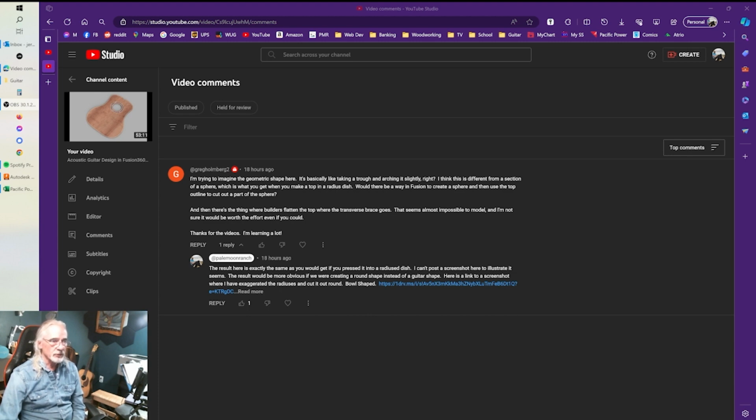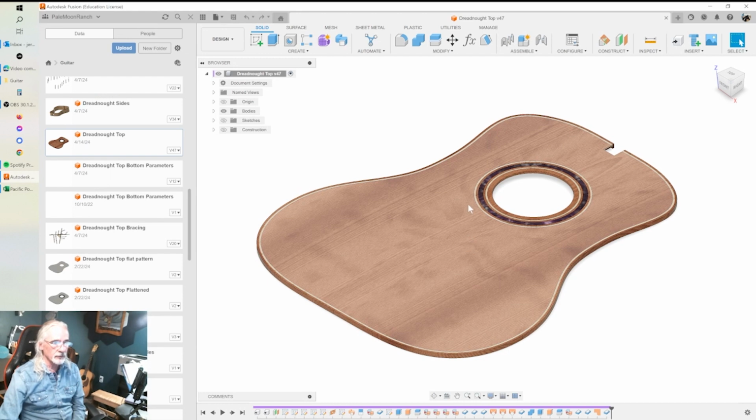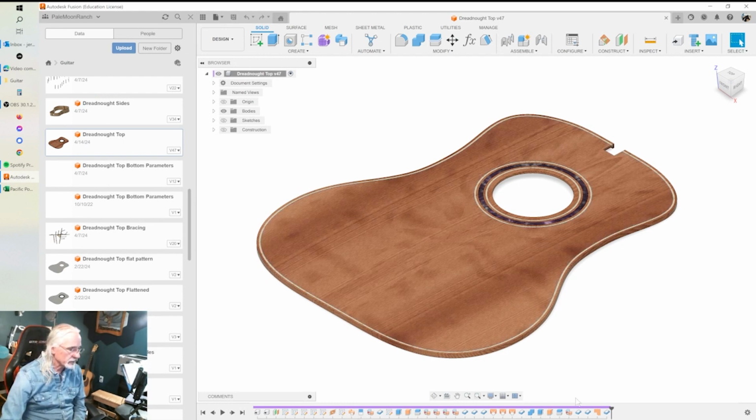So I'm just going to do a quick demo here to show that this is truly a radius from all directions, creating a sphere. If it were round, it would be a sphere, or a section of a sphere. So let me just get right into that. We'll go into Fusion. We're going to go into our model for the top, and I'm going to back up my timeline,